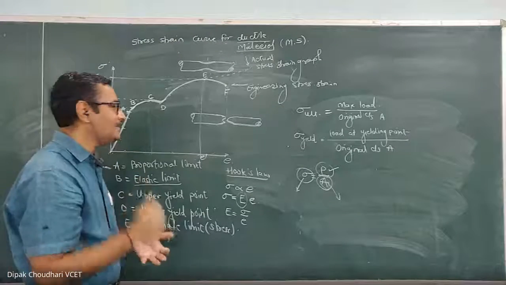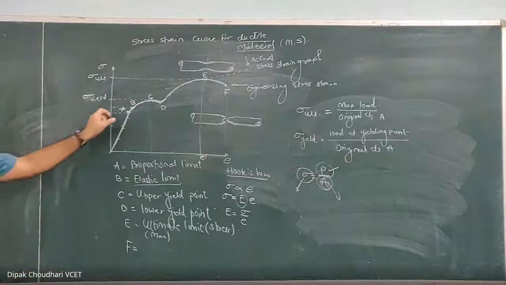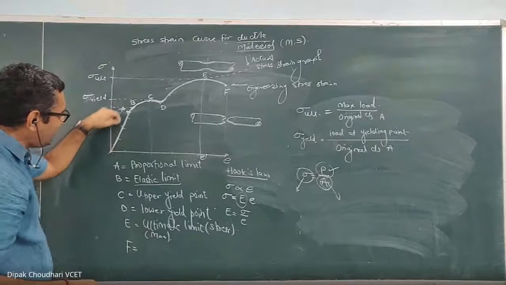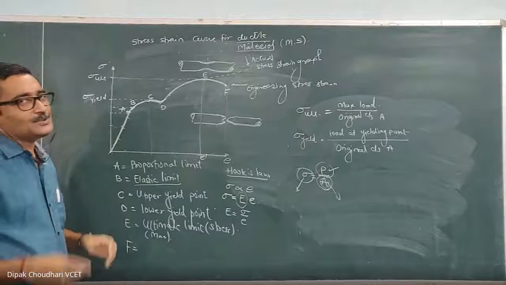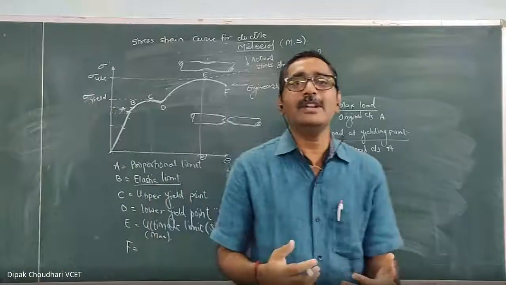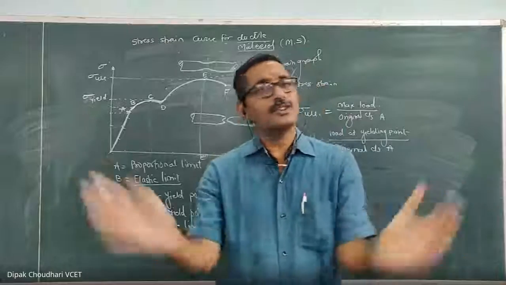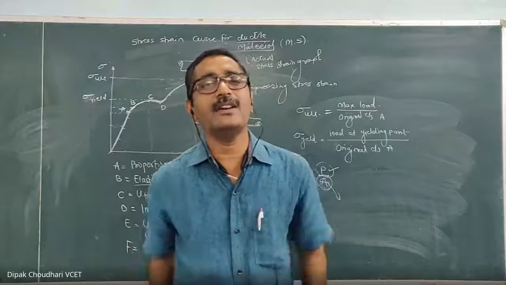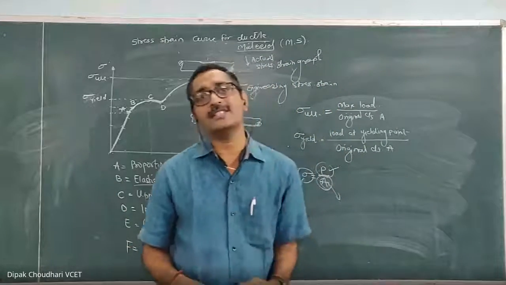Particular application. I'm coming to that point also. Okay, so you have to select any value within this proportional limit so that when the force is applied, there will be the deformation, and once the force is removed, the deformation disappears and the material or the component comes back to its original shape and size.